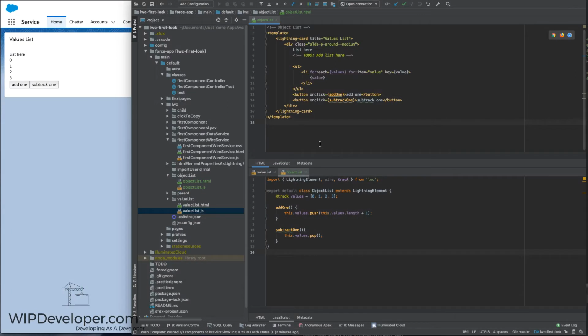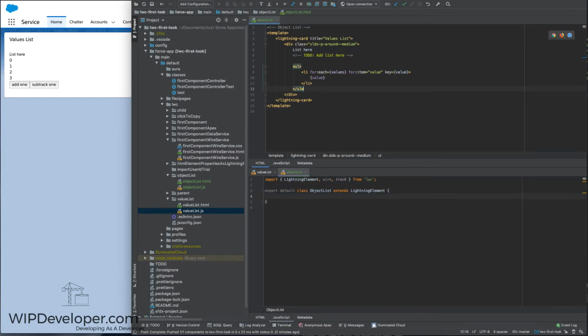I'm going to start with what looks like our value list from last time. And I'm going to get rid of everything from the class. In the HTML, I'll get rid of the buttons. I'm also going to, instead of iterating over values, iterate over accounts. And each one is going to be called an account. And we're going to track the account